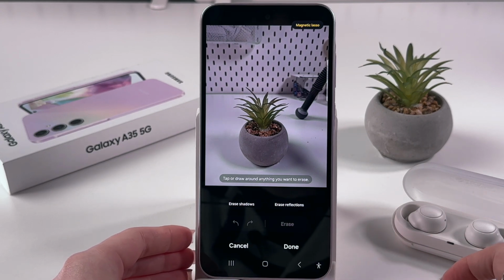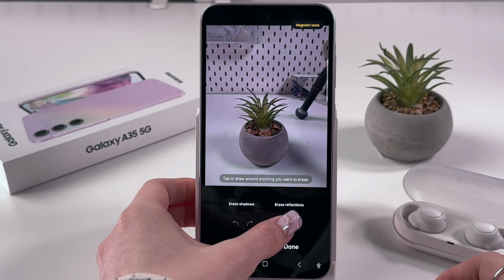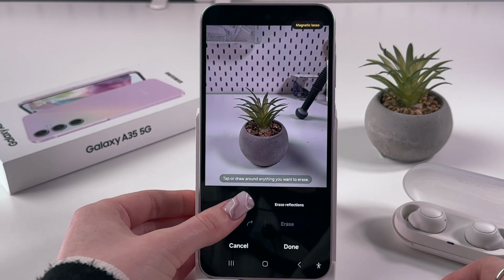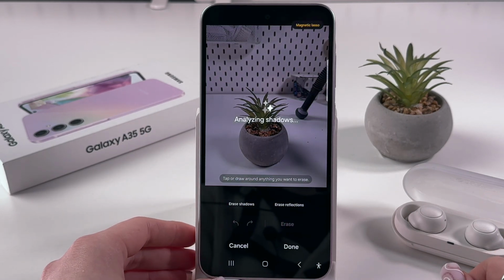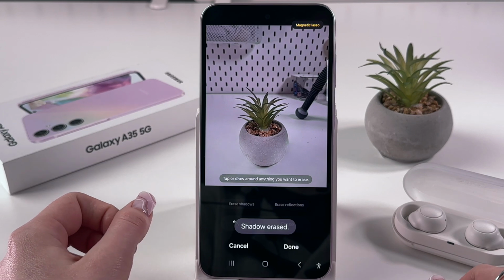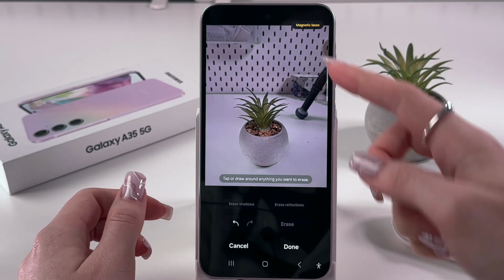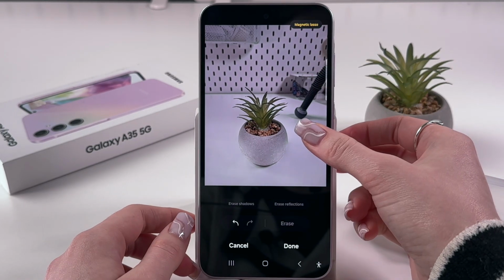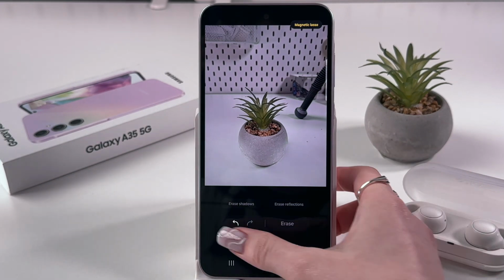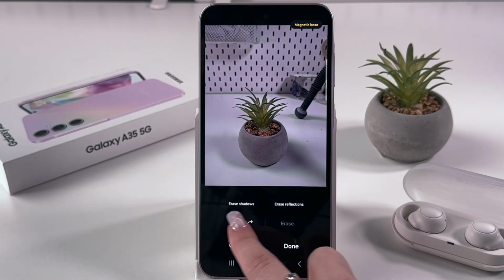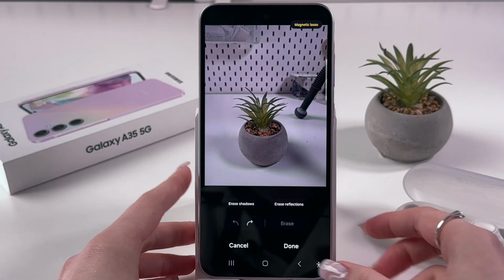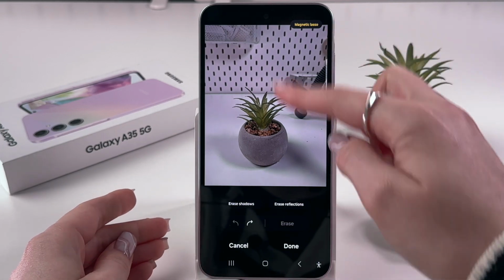Here we got 2 options, Erase Shadows and Erase Reflections. So we can tap Erase Shadows, for example, and now AI is doing the work, so it just erased shadows from my picture. Also, we can just use this arrow to discard changes, and we can tap or draw around